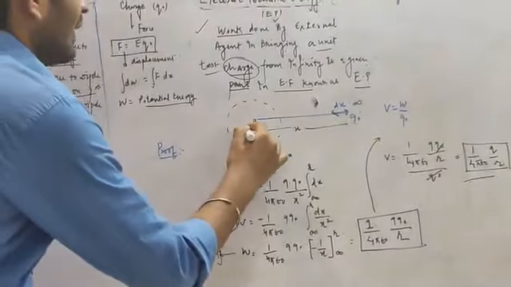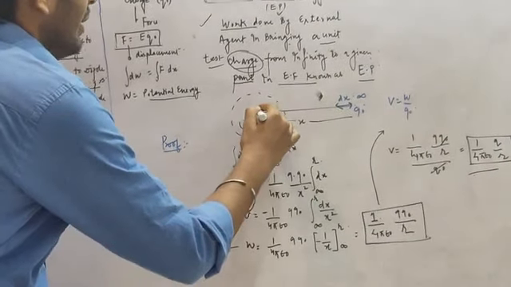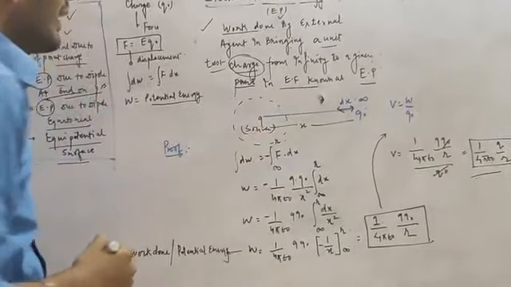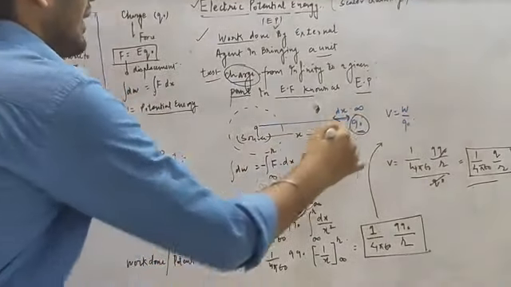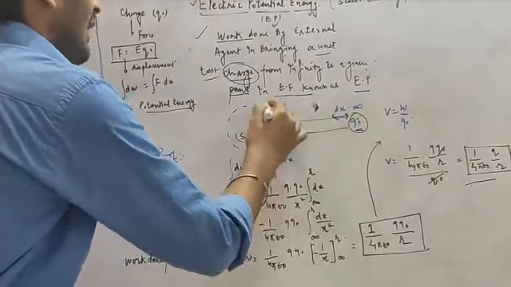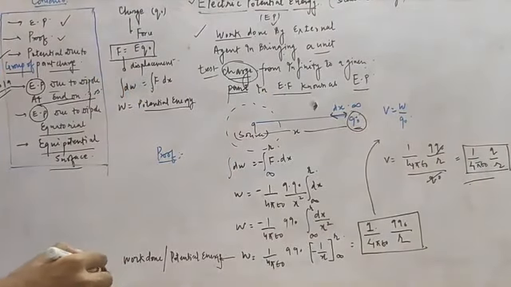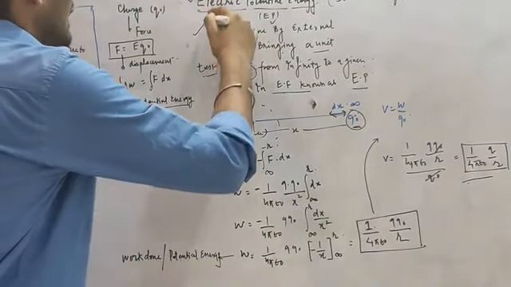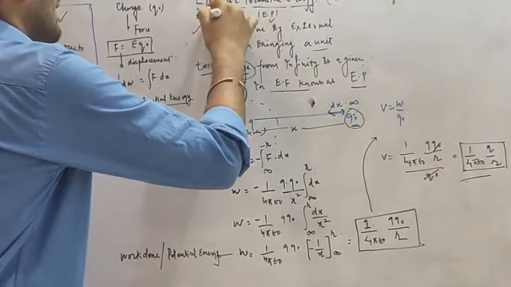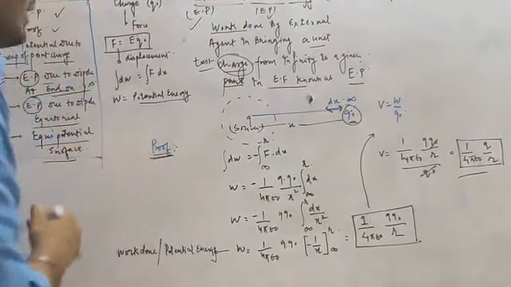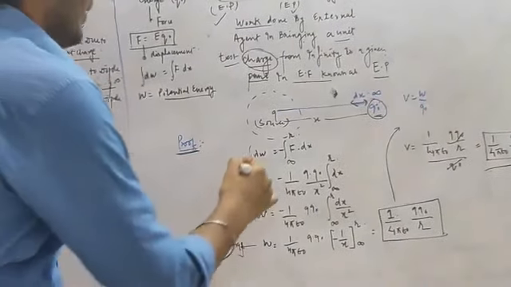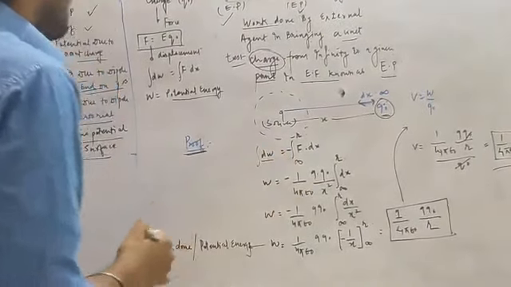Suppose this is the source charge, so it generates its own electric field, and suppose a test charge Q0 is placed at infinity. So the work done in bringing this test charge under the range of the given electric field is known as electric potential. So we will determine the expression for this electric potential also. So we know very well dW.